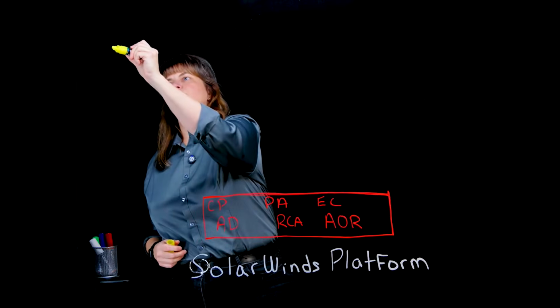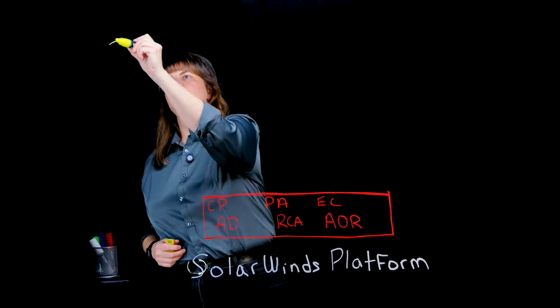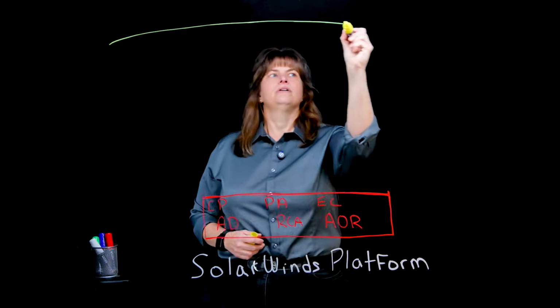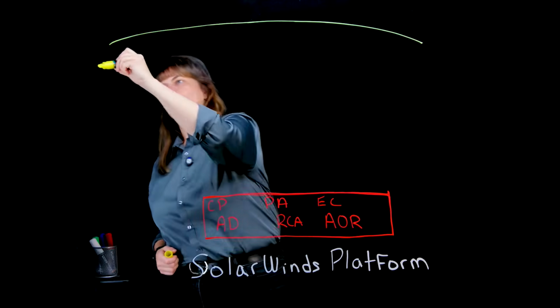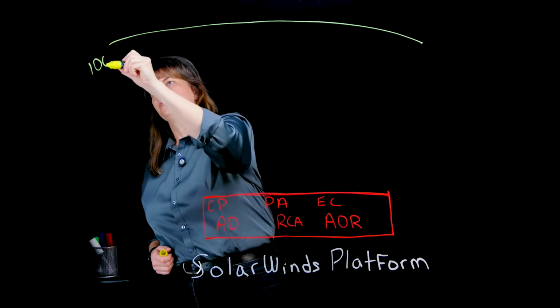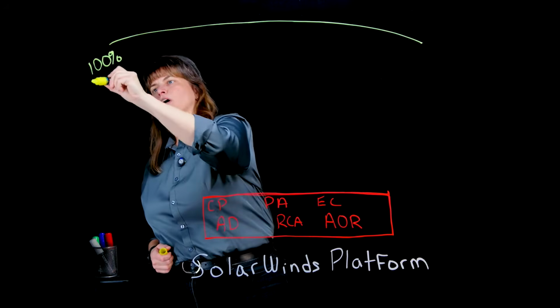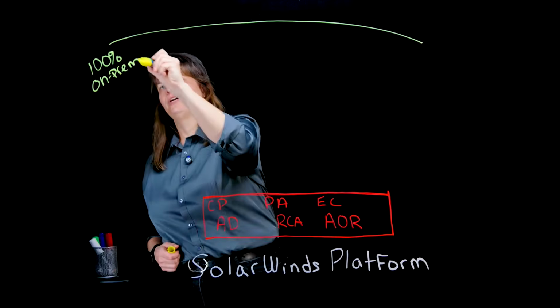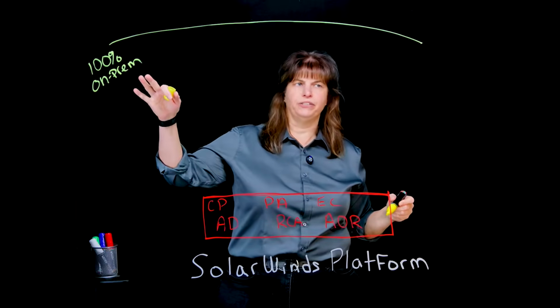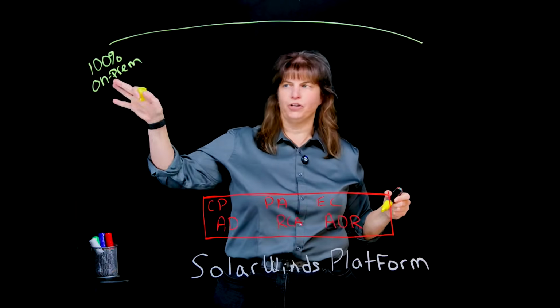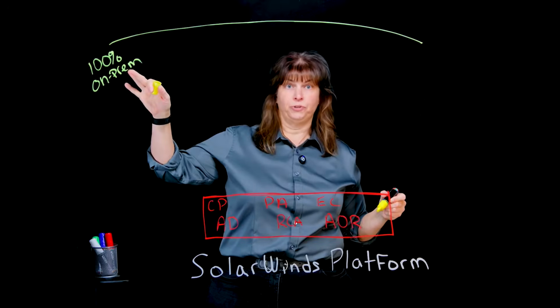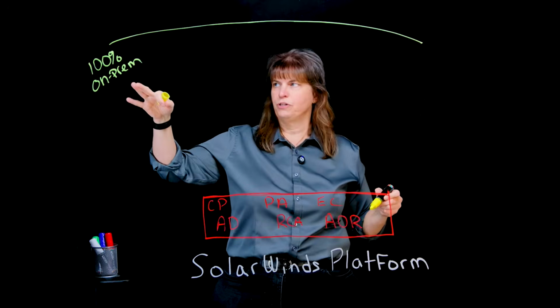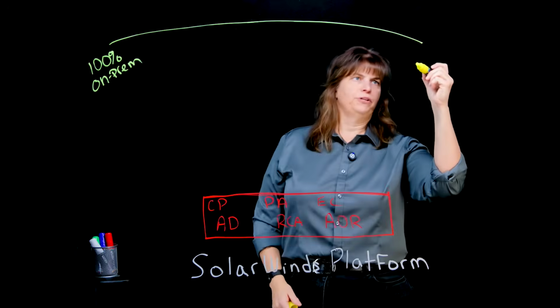So let me just draw this. On the spectrum, we have customers over here that are 100% on-prem. And this can be to the point where these environments have no internet. Like high security environments, they're cut off. There's no internet access whatsoever. Everything is in-house. All the way over to the other end of this spectrum,